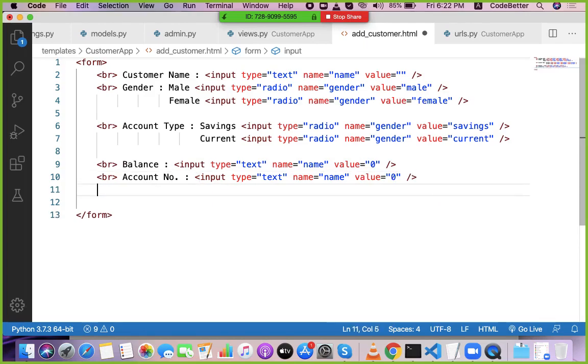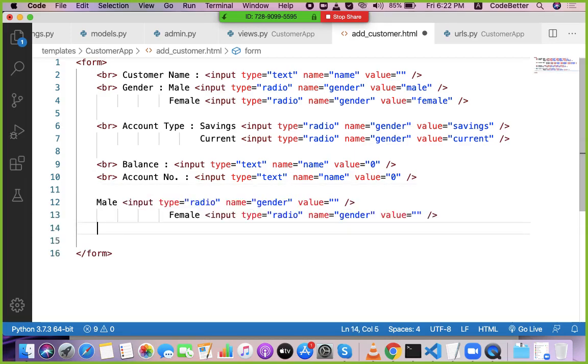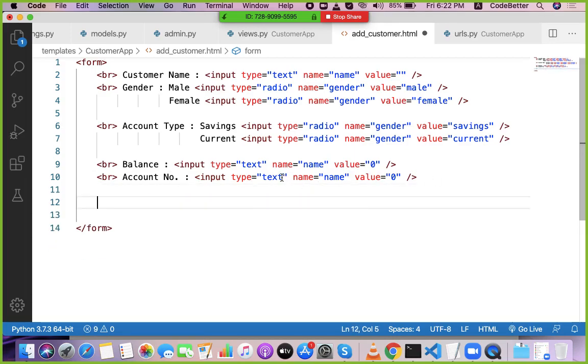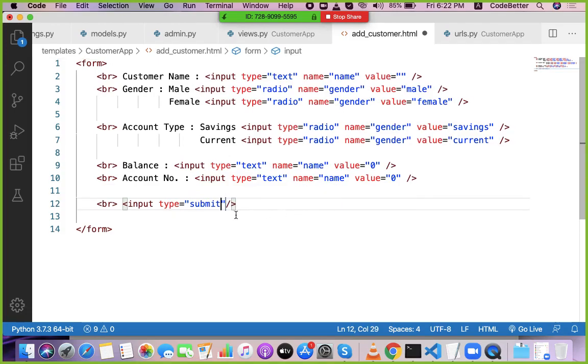Then let's submit this data to server, so we need one button. So we take one button here, input type submit. So we need submit button whenever input type button is not required here. In place of input type button we need submit button to submit this content to server.